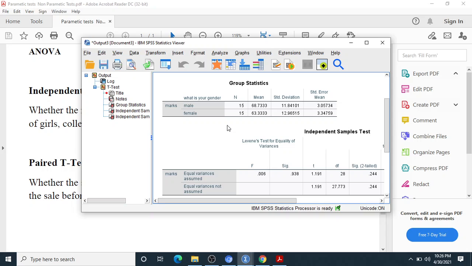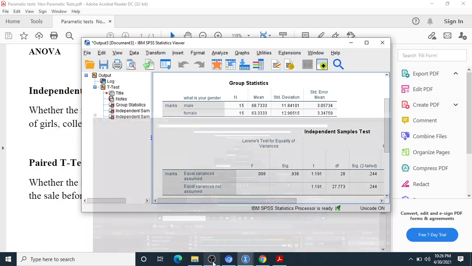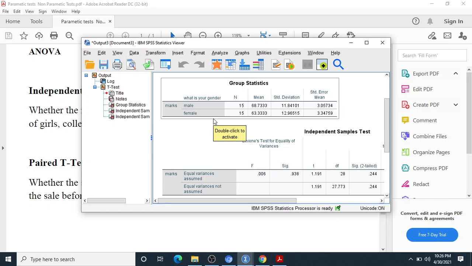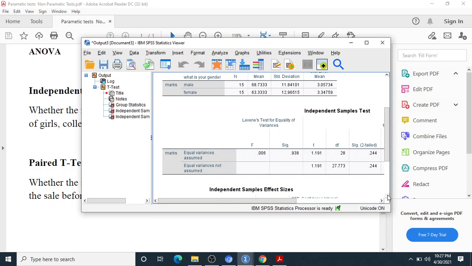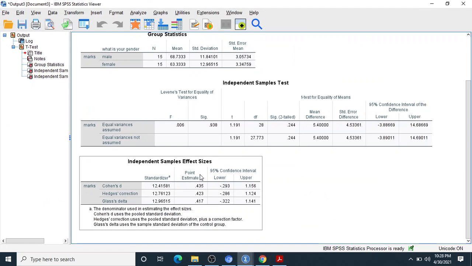Remember one thing, as we are doing the independent t-test, and I told you that the independent t-test is the comparative study of two categories or two means. So as we are doing the independent t-test, the difference will always be there in the mean values of two categories. But the point is how to calculate this comparison. With the help of the p value we can calculate it. So let us discuss this one.